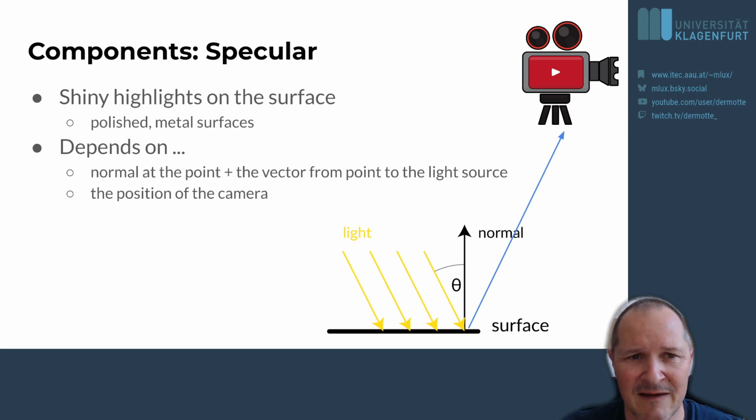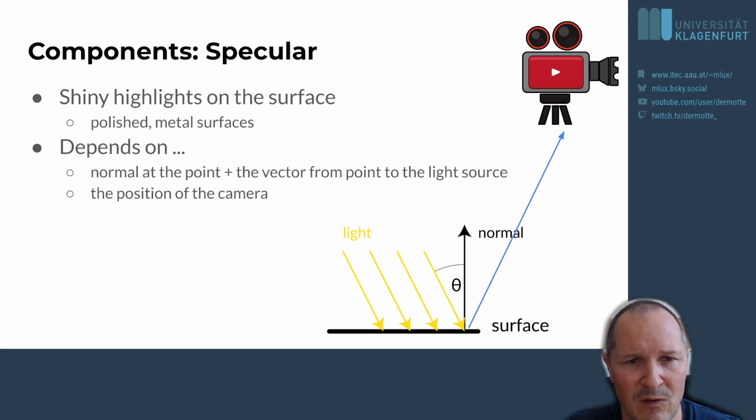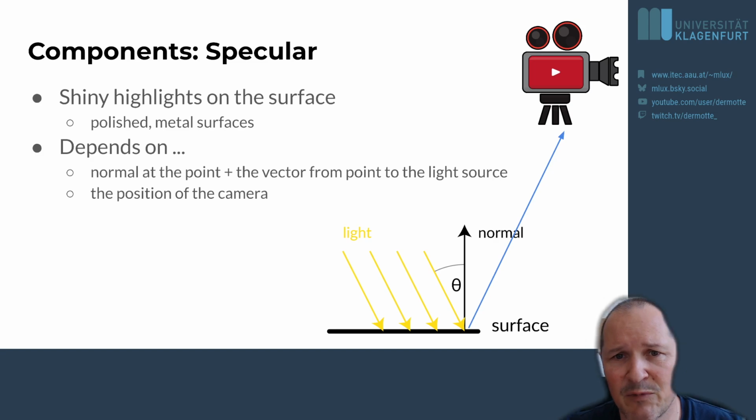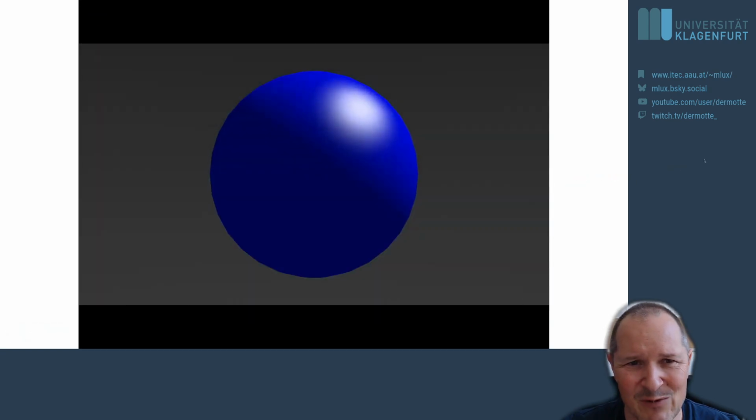In a way, it's shiny highlights on a surface that could be, for instance, polished metal or smooth plastic surfaces, something like that. It depends on the normal of the point plus the vector from the point to the light source and the position of the camera. So if you move the camera, the specular highlights move with the camera, even if the light is not moving. And that's what I hope you to see in this small